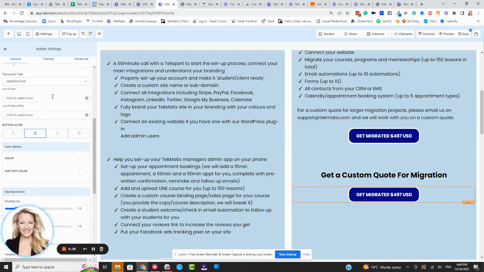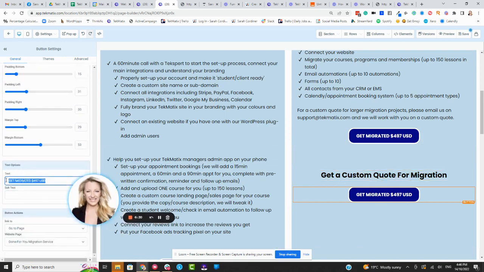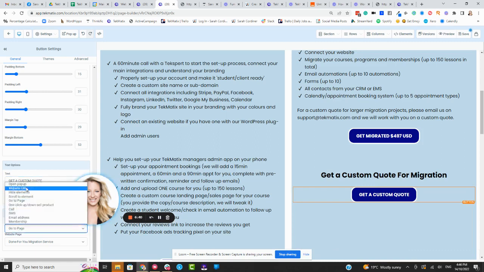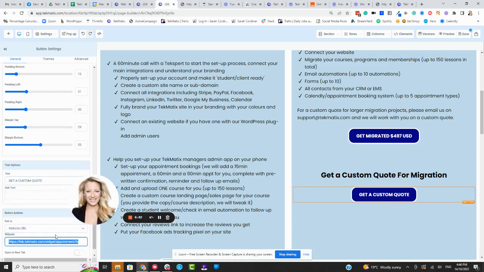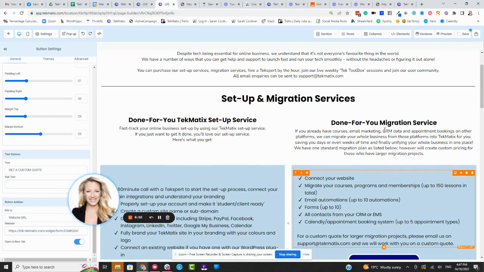First of all, we're going to change the wording. So you need to click on the button, scroll all the way down to the left, and this button's going to say, get a custom quote. Then, again, what do we want to do? We want to go to a website URL, and we're going to send them to the form that we just created, open in a new tab, and we're going to press save. So now we should